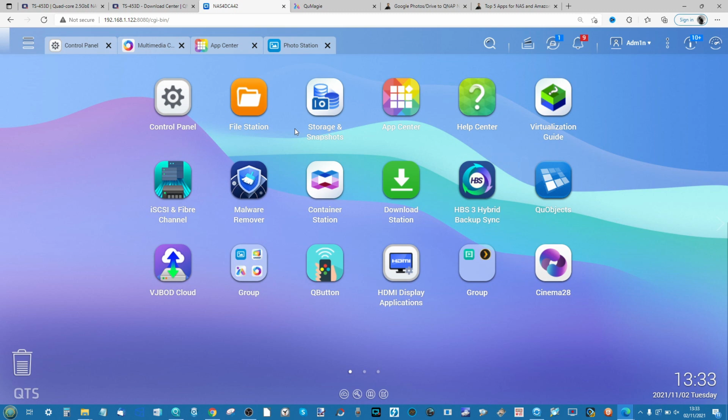I'm going to talk you through a lot of how to set up the NAS on indexing so we can search the NAS appropriately and find the right directories of photos so you can see the photos that you want to and not see the ones that you don't. And also, I'm going to talk you through the key ways in which you can migrate your data over as well as access it. So the first thing you're going to need to do is head into the App Center,